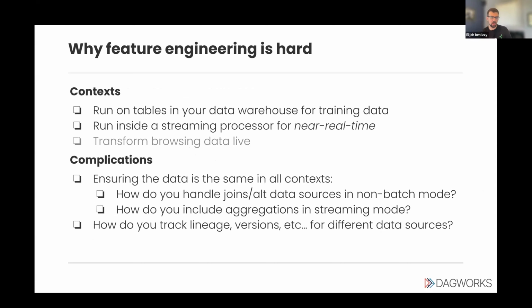So the contexts you'll want to run this in, to make it clear: you could want to run in batch on tables in your data warehouse for training data, or run inside a streaming processor such as DAGWorks, or Kafka as a processor for near real time, and transform browsing data live. We're not going to focus on that one, but it's natural to extend this to true online versus streaming contexts. And complications: you want to ensure that the data is the same in all contexts so that you